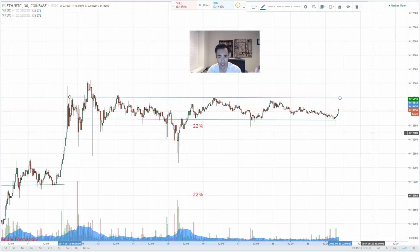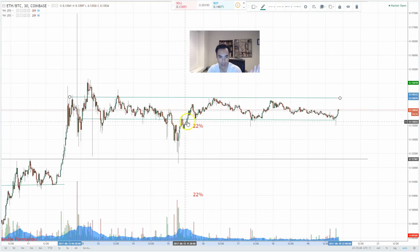The consolidation range is right here. Now you guys can see this head and shoulders formation that happened. You see how it broke off right there? That's a head and shoulders. You could say here's shoulder one, here's shoulder two, it broke off, and then it would continue on. After it broke through this neckline, it actually ran up a little bit. Okay. Now again,